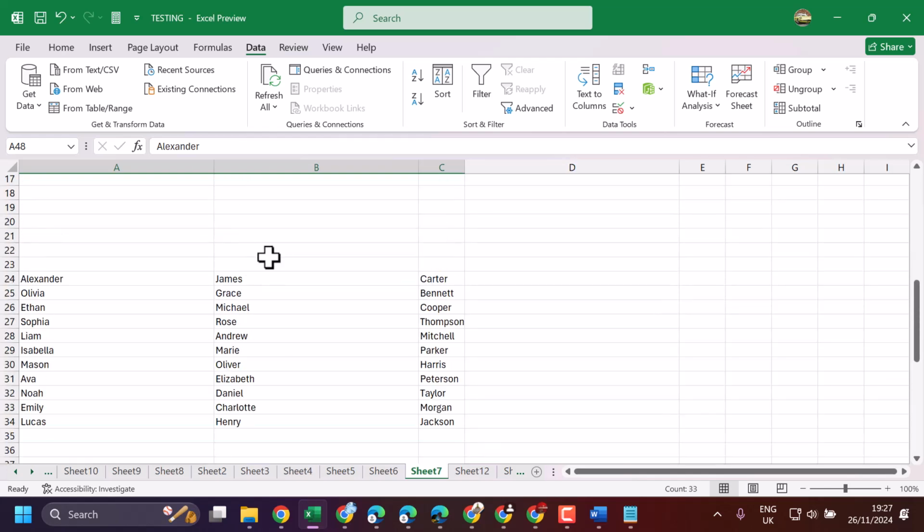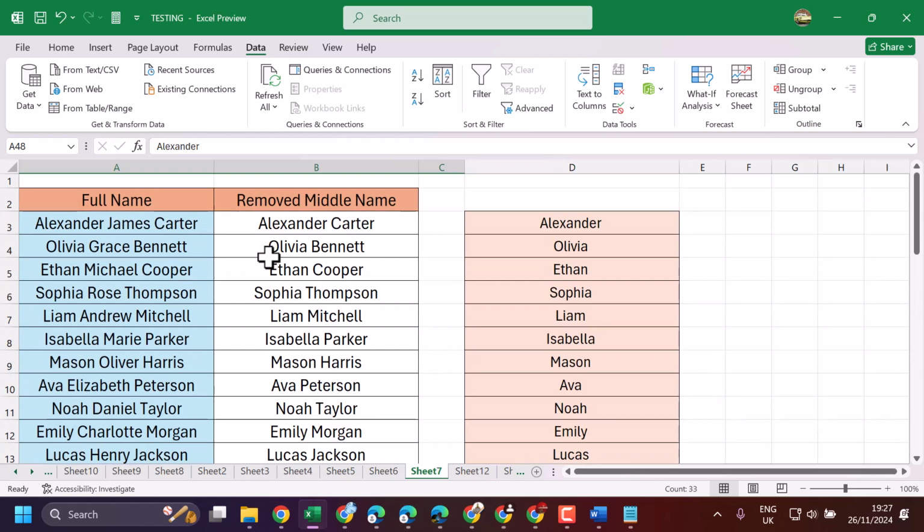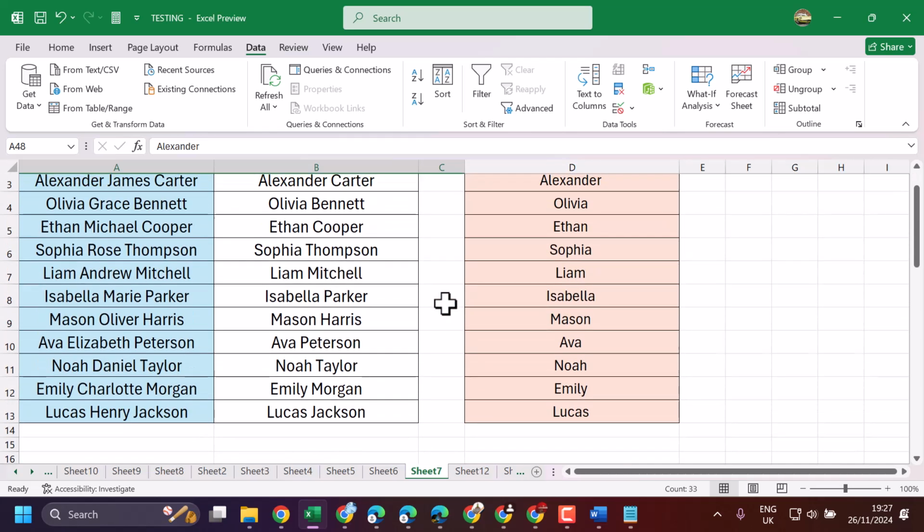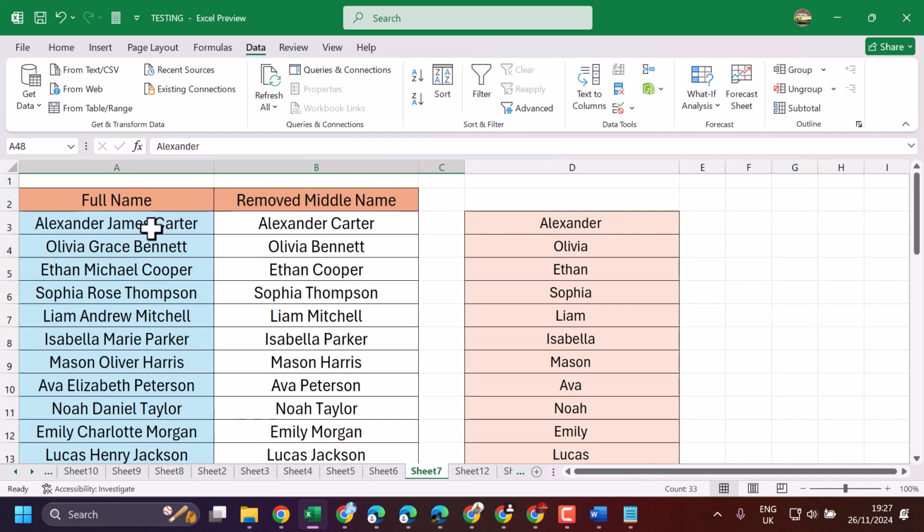In this video, I will show how to separate text into multiple columns in Microsoft Excel. So we have this text and we will separate it into multiple columns. So firstly, select it,